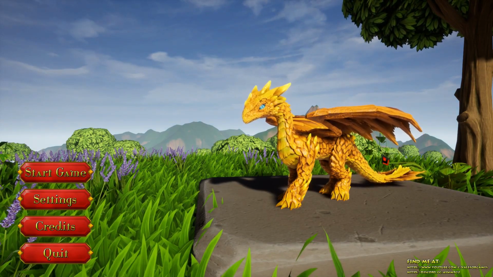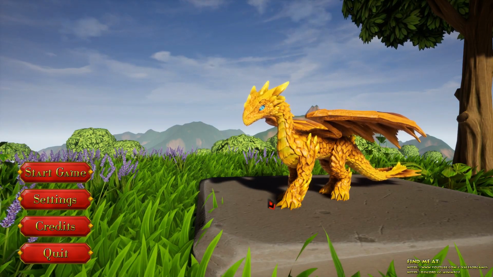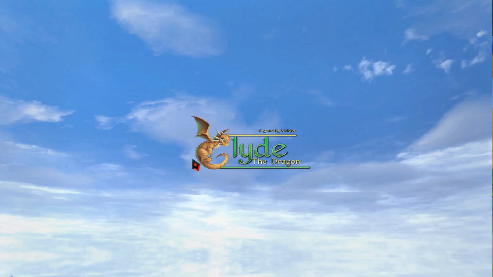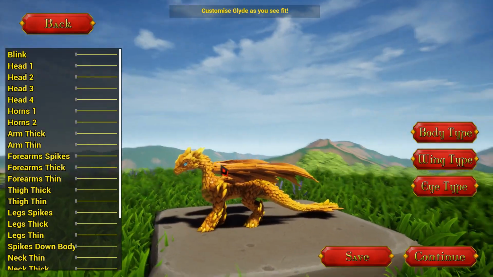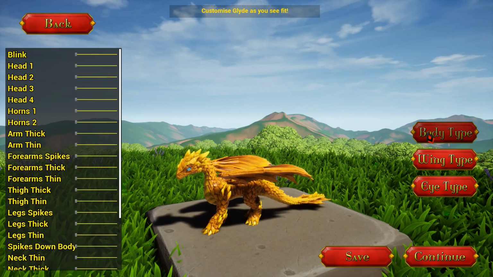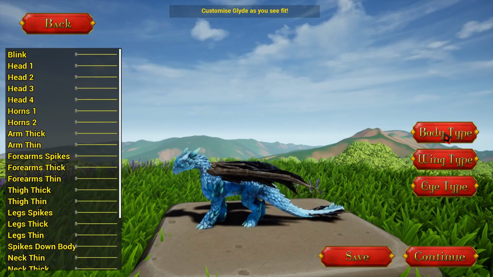So once you see Glyde and you're like, oh cool, this is a nice dragon, or maybe you're like, oh, I don't really like this dragon, but let's see what the game is about. You click on start game, and then you get moved to the character creation tool. So people who think it's a cool dragon can even make him even more cool. You can change the body types, you can change the wings color, you can mix and match different